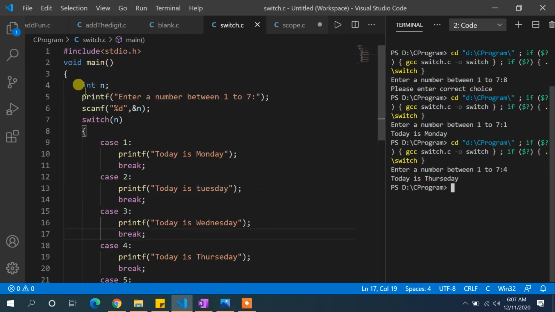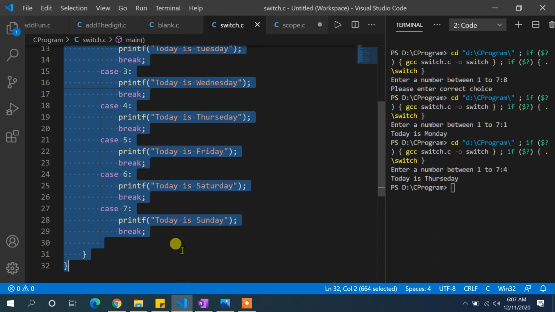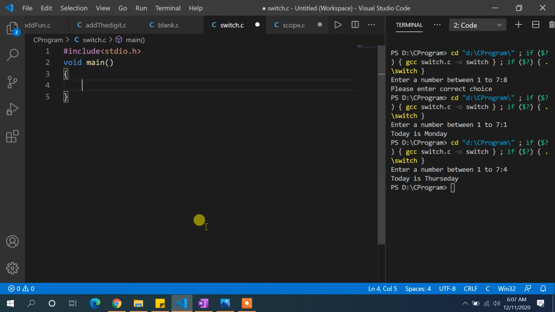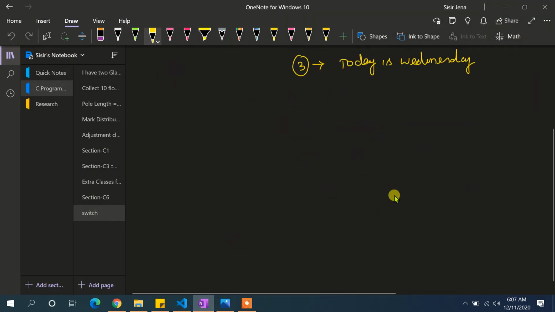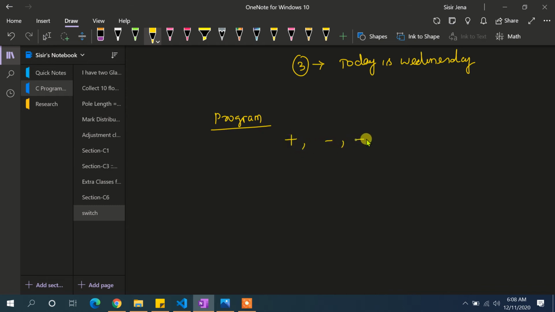Let me remove this code. Let us first understand the objective of the program, then we will solve it. So the objective is, let's say you are asked to enter an operator. You are about to perform plus, minus, multiplication and division as in an if else if ladder.